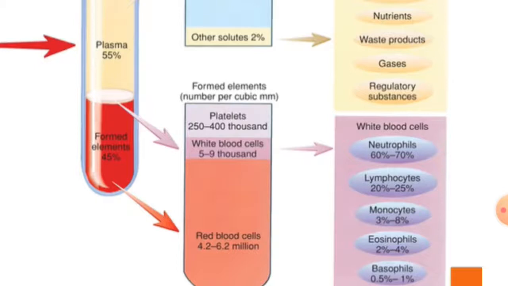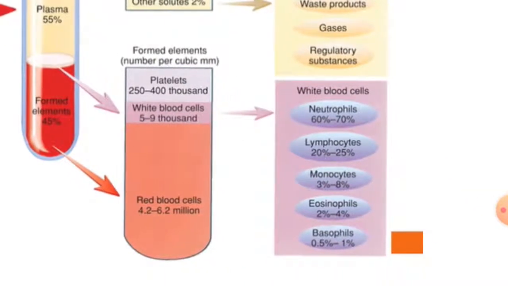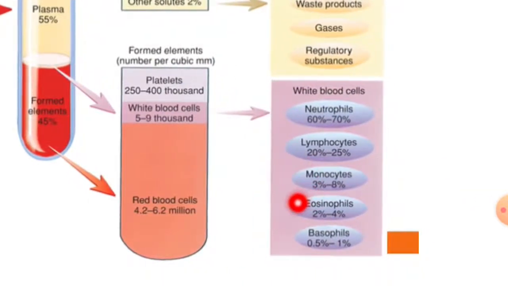The neutrophil plays an important role in engulfing bacteria and debris, and the eosinophils play an important role in parasitic infestation and in allergic reaction. The basophil is responsible for releasing histamine, and it is important in allergic reaction, and